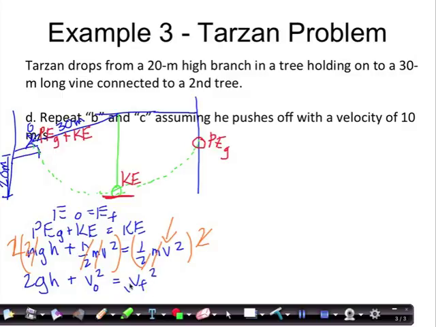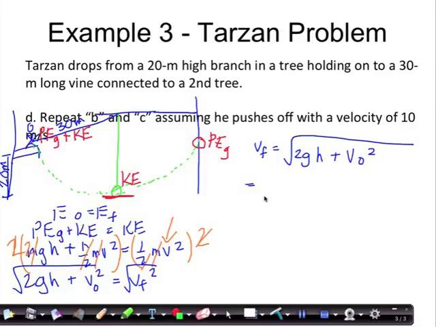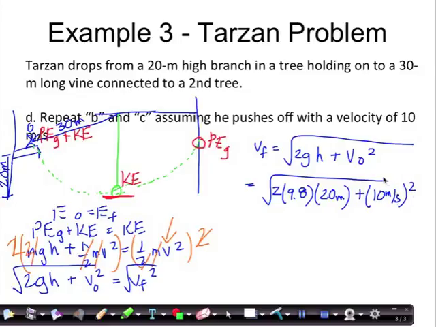We're looking for v final, so let's take the square root of both sides of our equation. So v final is going to be equal to the square root of 2gh plus v initial squared. When we plug in our givens, we get 2 times 9.8 times our height, which was 20 meters, plus our initial velocity, which is 10 meters per second. We want to square that. When we solve for v final, we get a velocity of 22.1